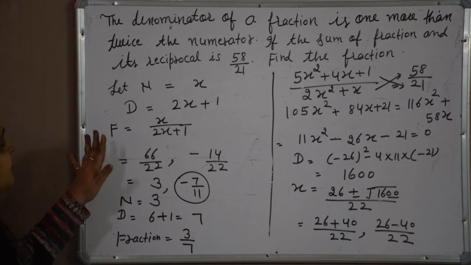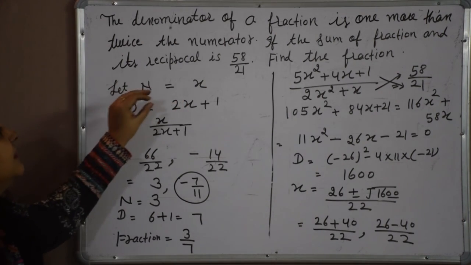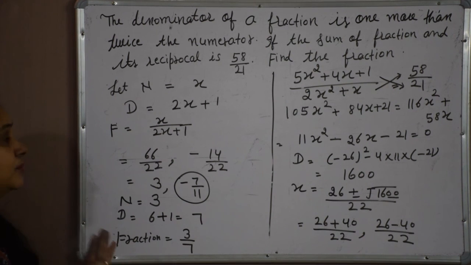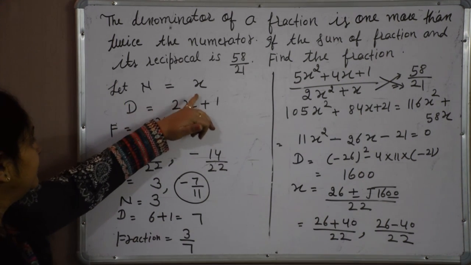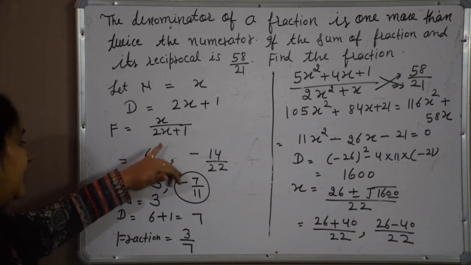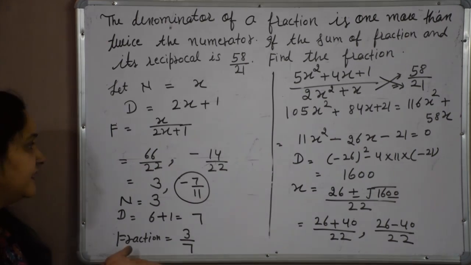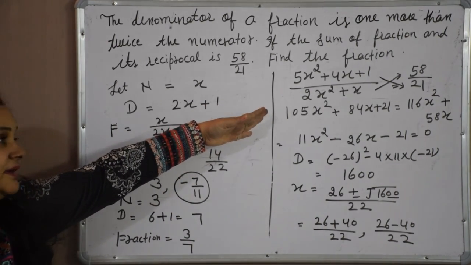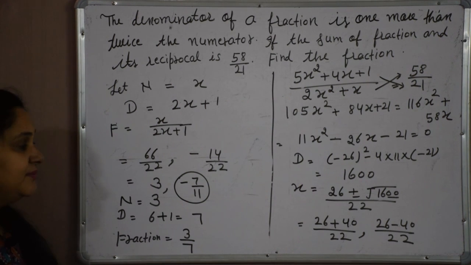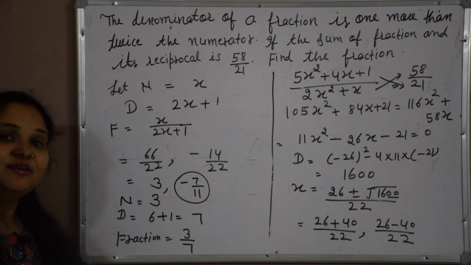So in such types of questions, whatever is given to us, we have to see carefully, and our supposition is very important. What we have to suppose? We have to suppose the numerator here, because the denominator depends on the numerator. We will make a fraction, and whatever condition is given to us, we will use that condition and we will come to a quadratic equation. After solving the quadratic equation, you can choose any method. You will get the value of x and ultimately we will find the fraction.